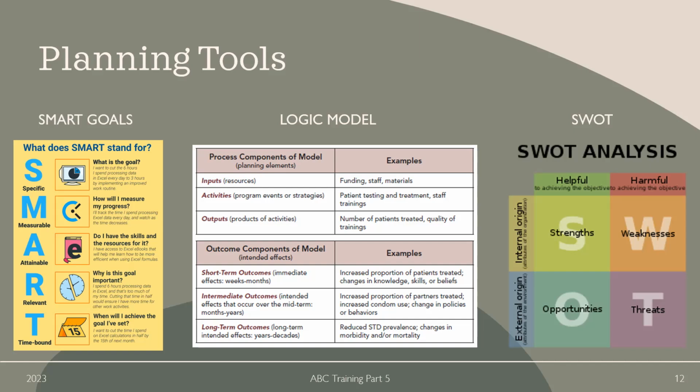So when we were creating our strategic plan, we did a SWOT analysis, and we looked at strengths and weaknesses internal to our system. Opportunities are elements in the environment that you can use to your advantage, and threats are elements in the environment that leave you vulnerable. So opportunities and threats are what you cannot necessarily control. There are things outside of your organization that you can't control as much.